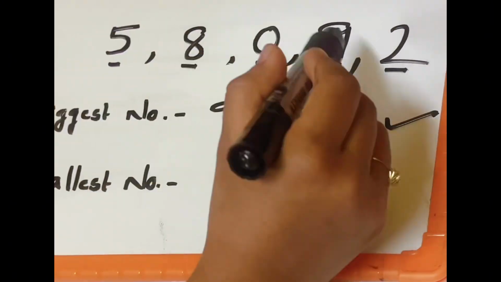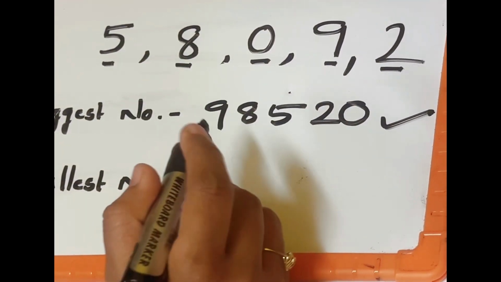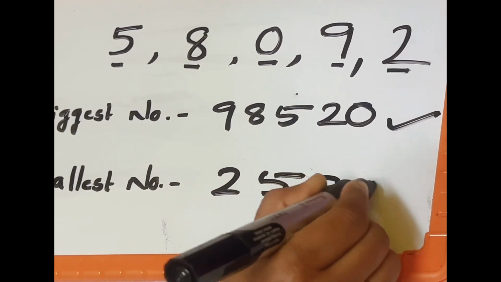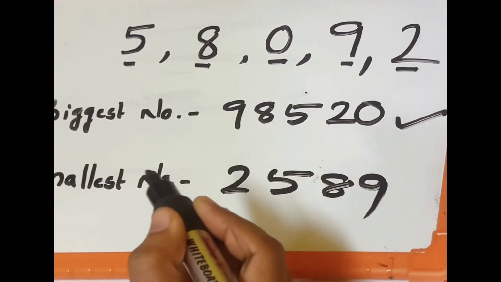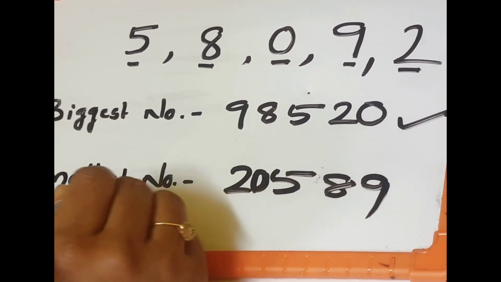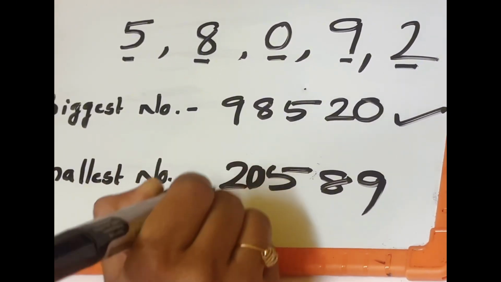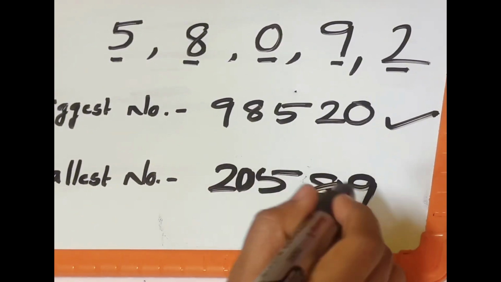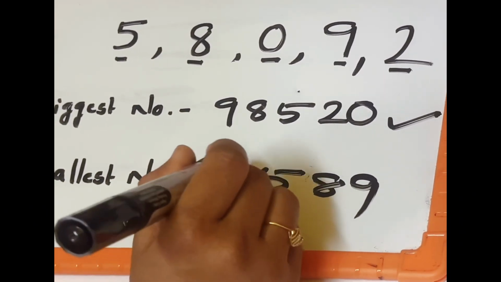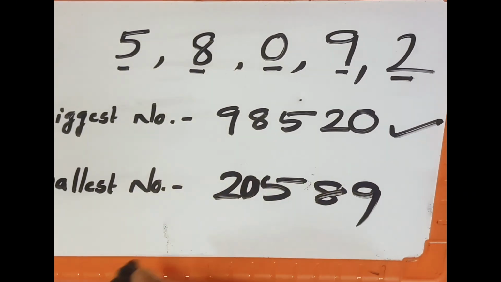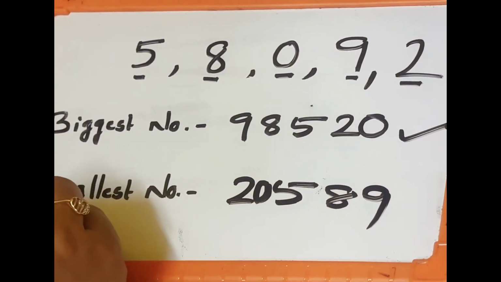So without 0, first we arrange the numbers 2, 5, 8, 9. But where do we place the 0? After the first number. So the smallest number is 20589. After the first number, place 0, then write the rest of the numbers. So like this we can find